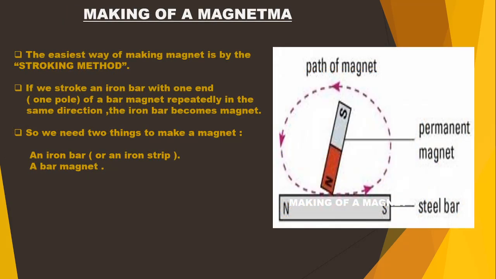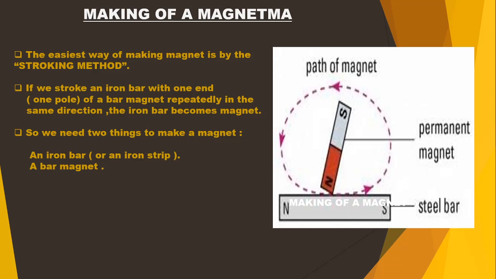In this chapter we have learned so many things about magnets. Now we are coming to the method by which we can make a magnet. There are many ways of making a magnet, but the easiest way is the stroke method, or stroking method. If we stroke an iron bar with one end, or one end means one pole of